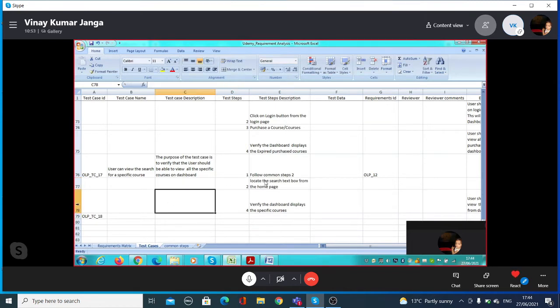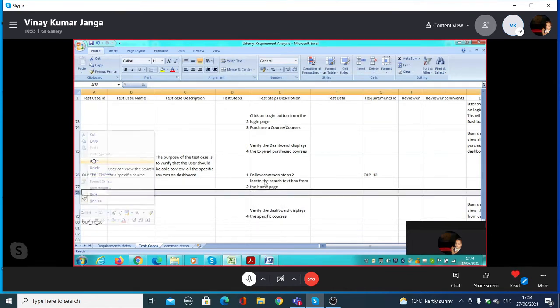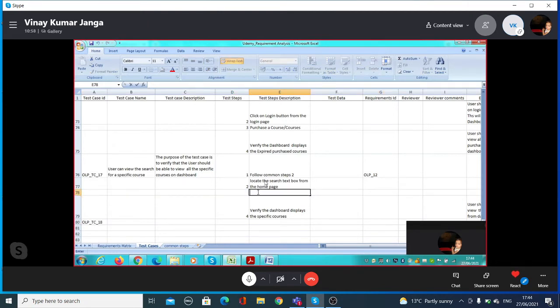The next step would be enter search keyword into the search text box. In the test data, you can put Selenium WebDriver. Enter the search keyword in the search field, and in the test data, you can give the data, which is Selenium WebDriver.